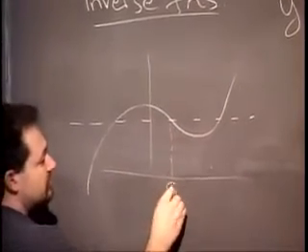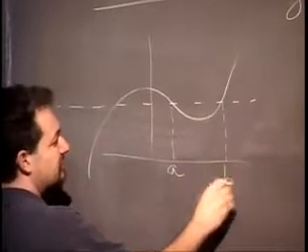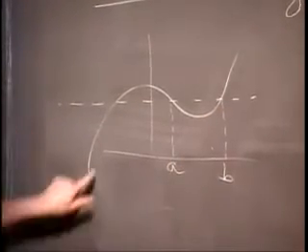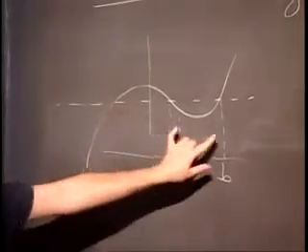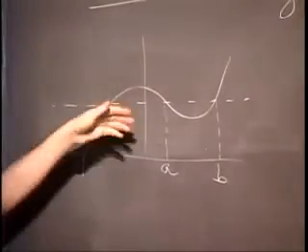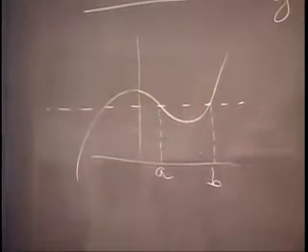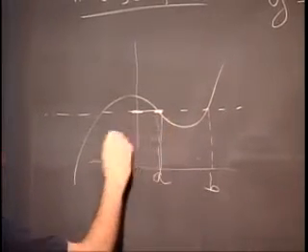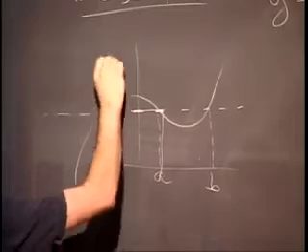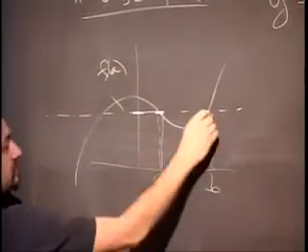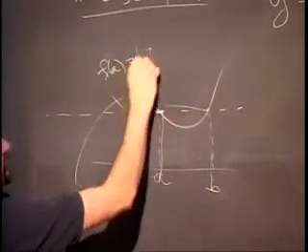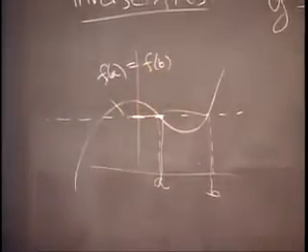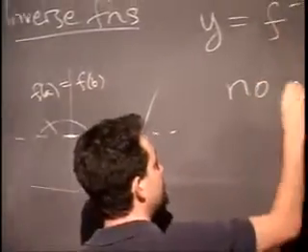Well, it means there are at least 2 points. Here there's one more. But there are at least 2 points that are at the same height. The function is at the same height above the axis. And so actually, whatever this height is, from here it would be f of a. But from here it would also be f of b. So actually, no inverse